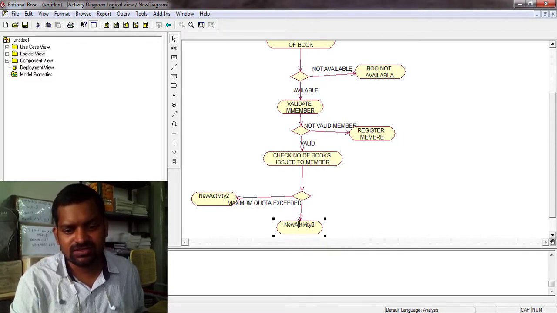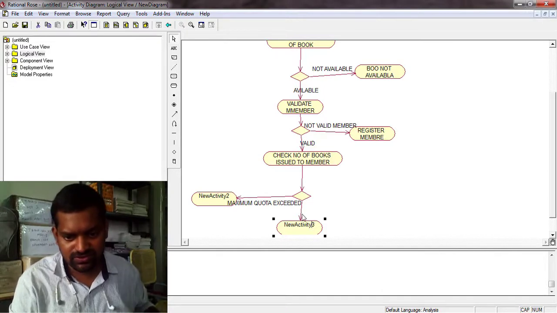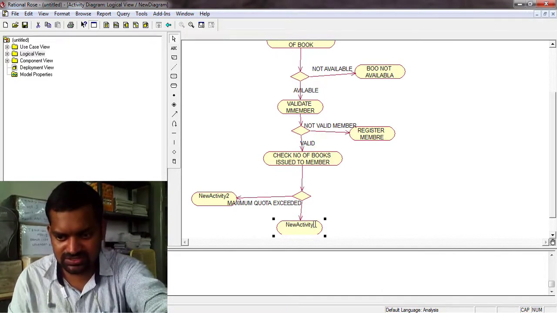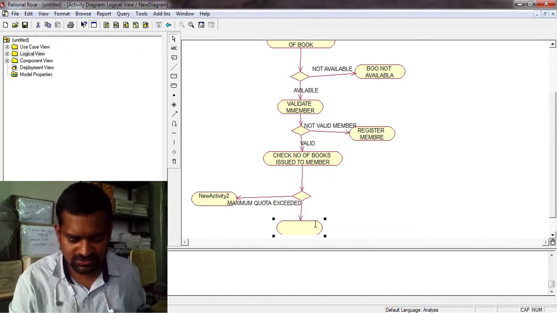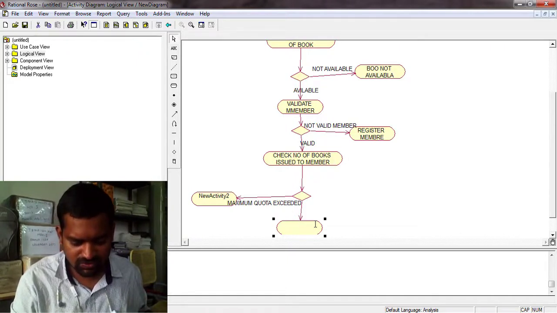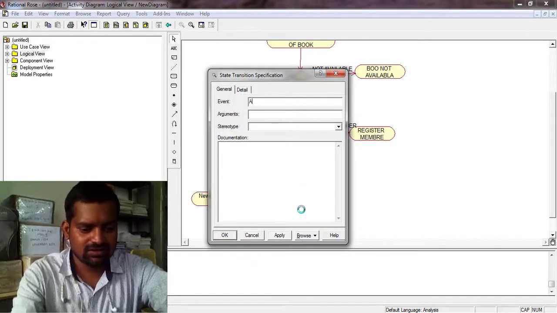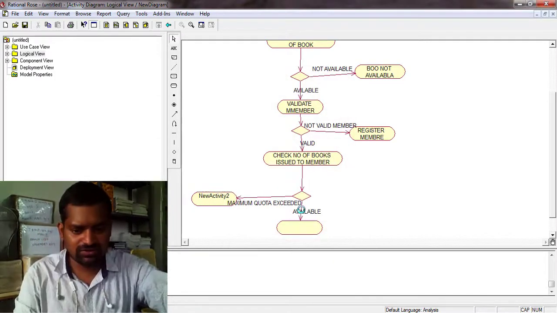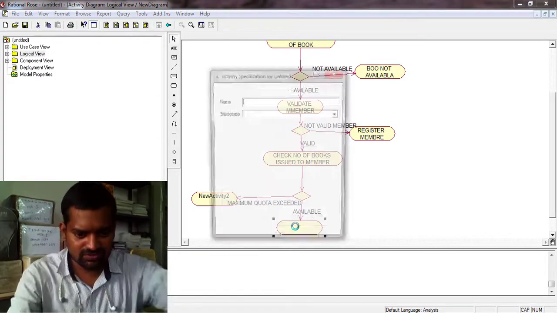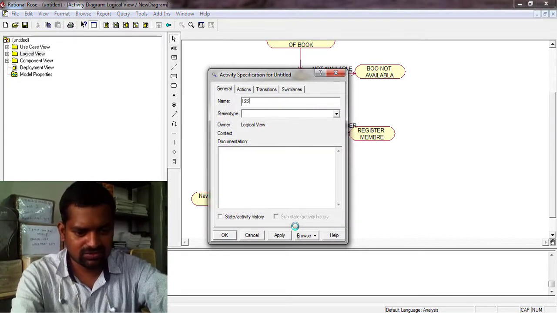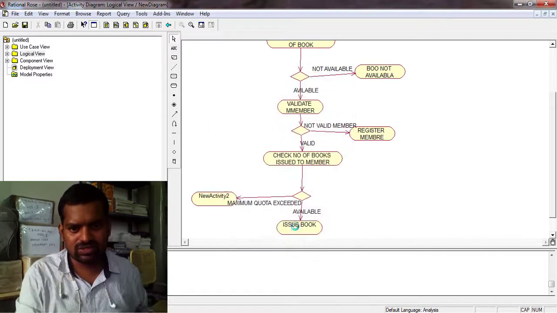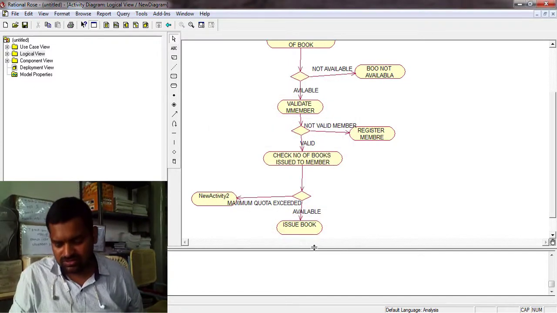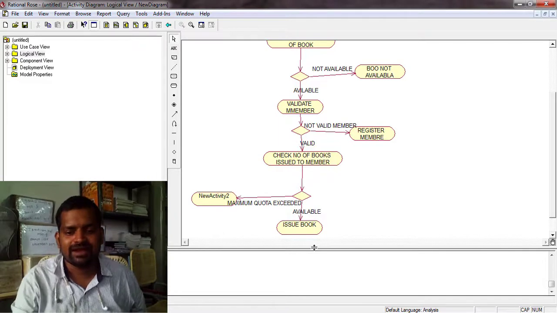If maximum quota is not exceeded, what do you have to do? Not exceeded maximum quota. Just you have to issue the book, available. Then you have to issue book. Issue book. Okay. And next,